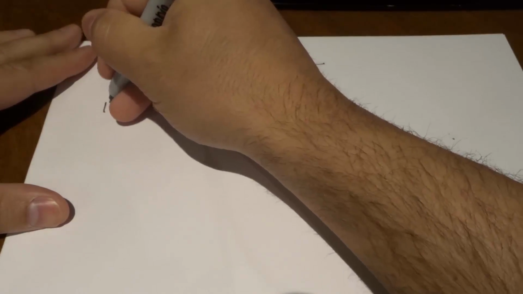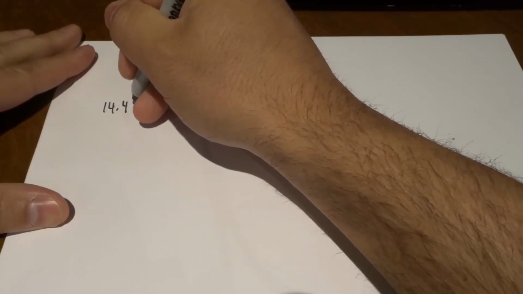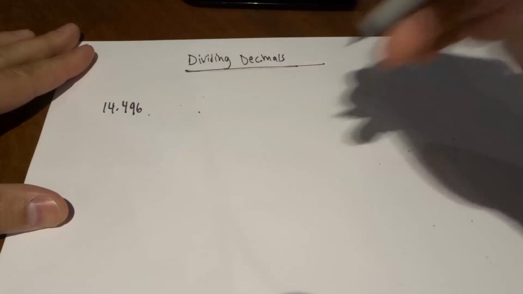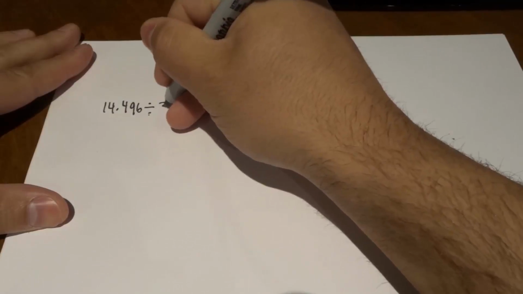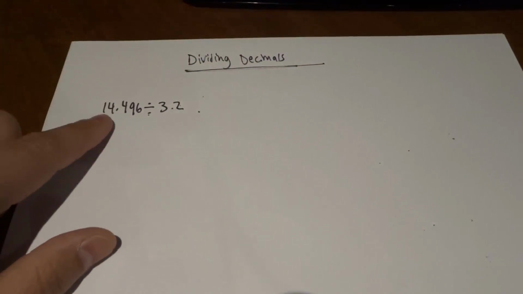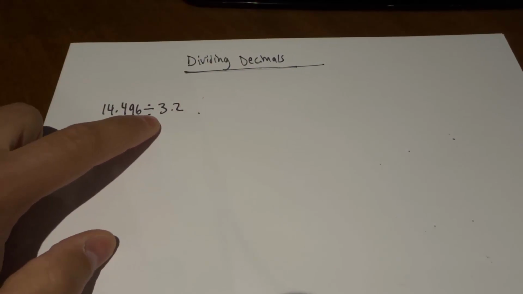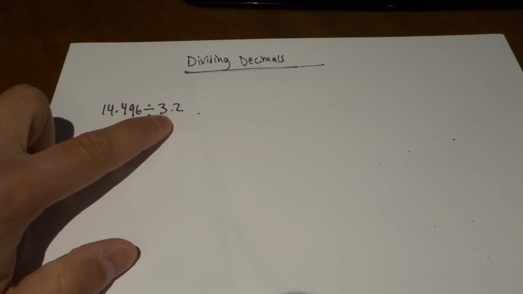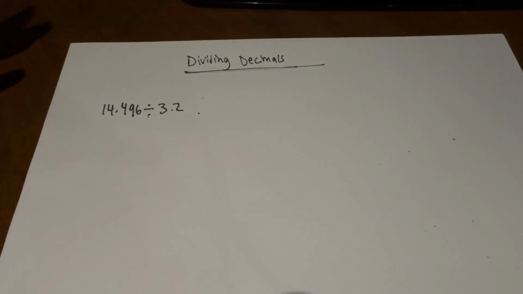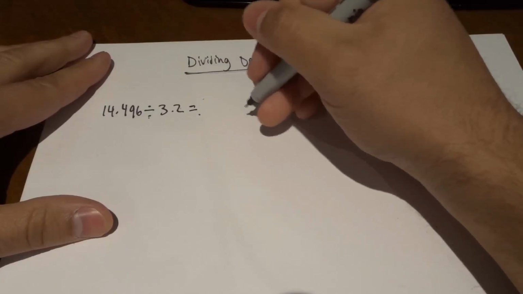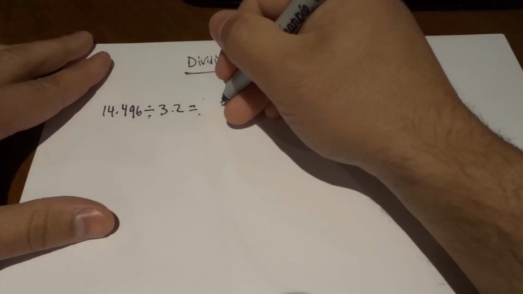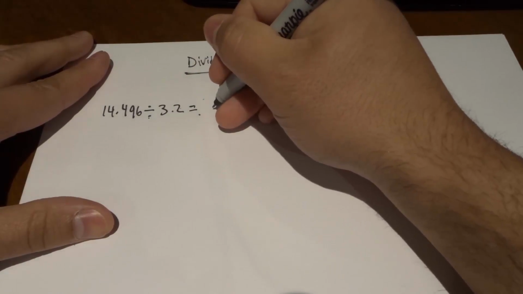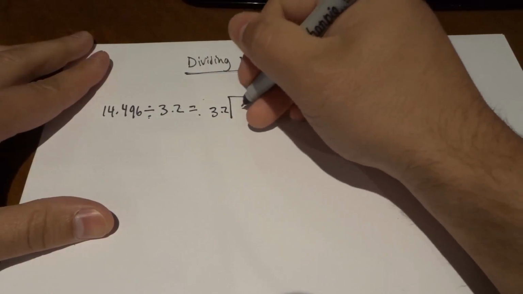We're going to do 14.496 divided by 3.2. So 14.496 divided by 3.2. Now, the first thing that I'm going to do is put this in a different format, and we're just going to make it look like this. So we're just going to put the divided by sign, then we'll do 3.2 on the outside and then